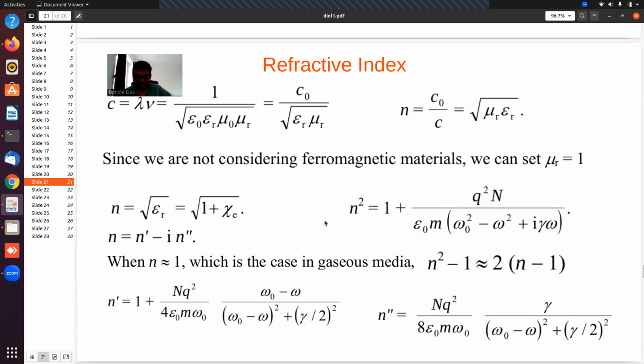This is not straightforward, but for the gaseous medium, we can take an approximation. This is not straightforward because n square is a complex square, not an absolute square. Complex square means there is a coupled term, real and imaginary. So this is not straightforward, but when n is near equal to 1, then we can